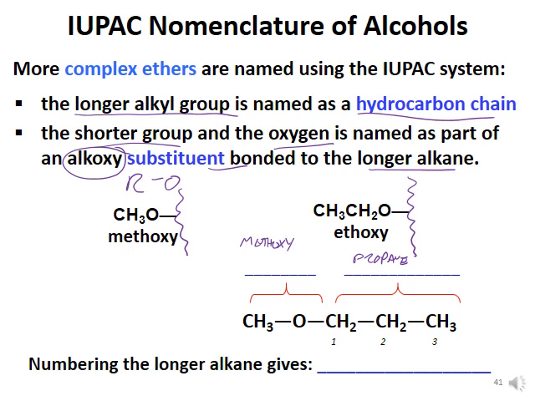And we decided that it gives the lowest number when we count here with the methoxy attached to this carbon. We call this 1-methoxypropane. That's the IUPAC system. The common name would be